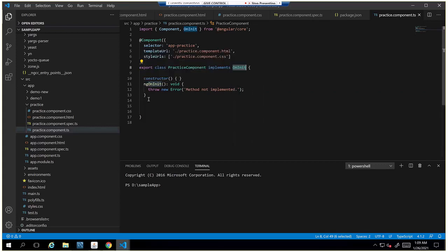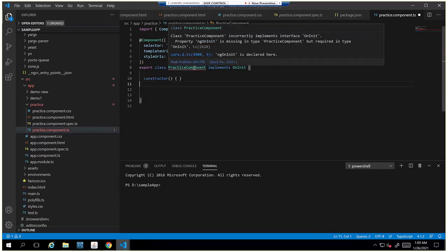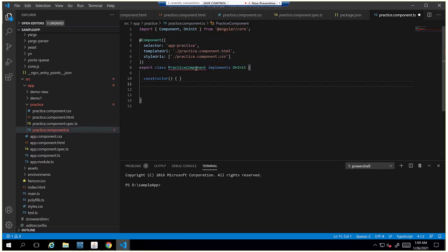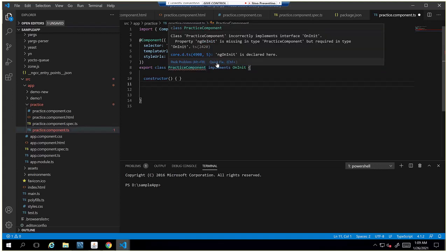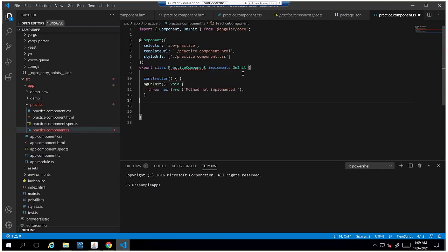If we remove this, it will throw an error message saying we have to implement the unimplemented methods present in this interface, that is ngOnInit. We have to declare it. Either we can directly create that method, or if you click on quick fix, it will create the method ngOnInit for us. That means we have implemented their interface method. When we create a component, this comes automatically by default. If somehow we delete it, it will throw an error message saying the method is not implemented.